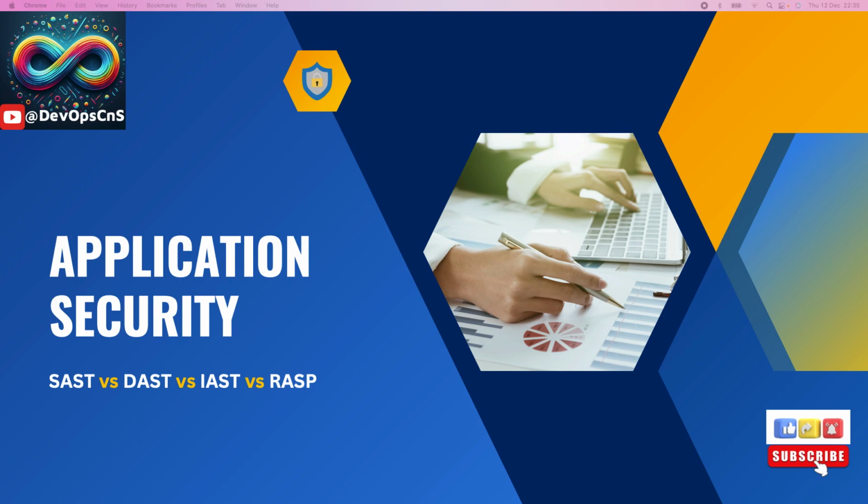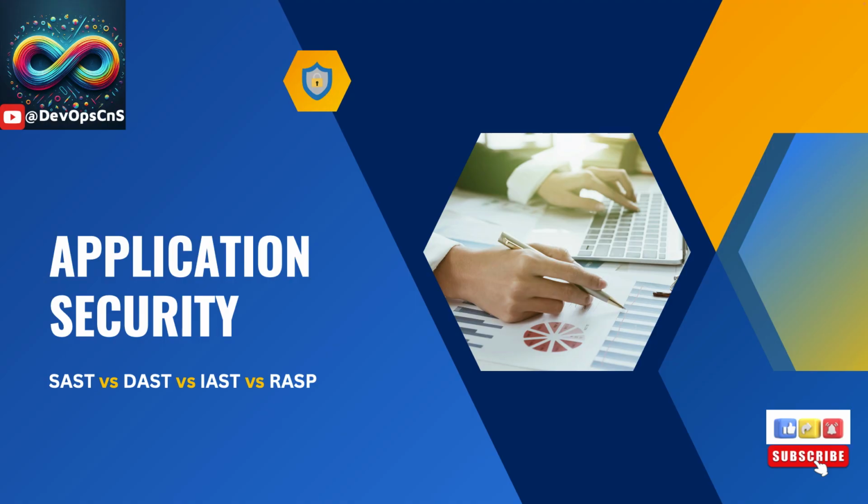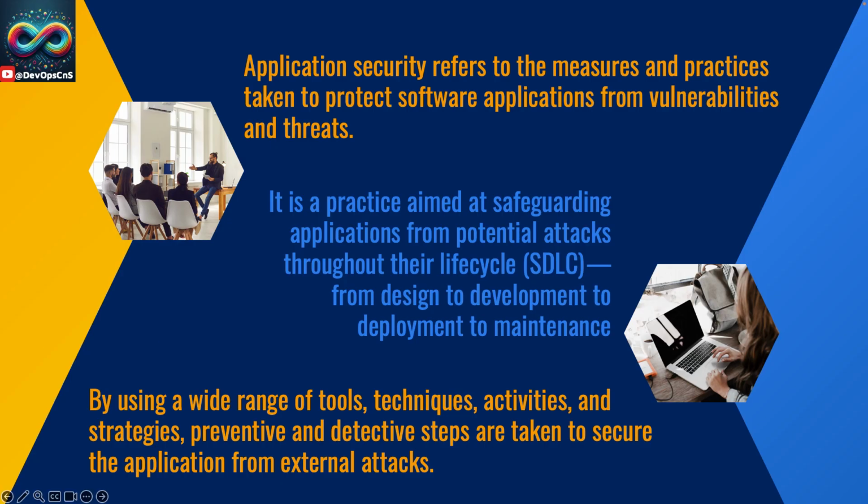So first we will understand what is application security. Application security refers to measures and practices taken to protect the software application from vulnerabilities and threats. So what does it mean basically? In application security, we follow some practices with which we can protect our application from vulnerabilities and external threats. It is a practice in which we aim to safeguard our application from external attacks